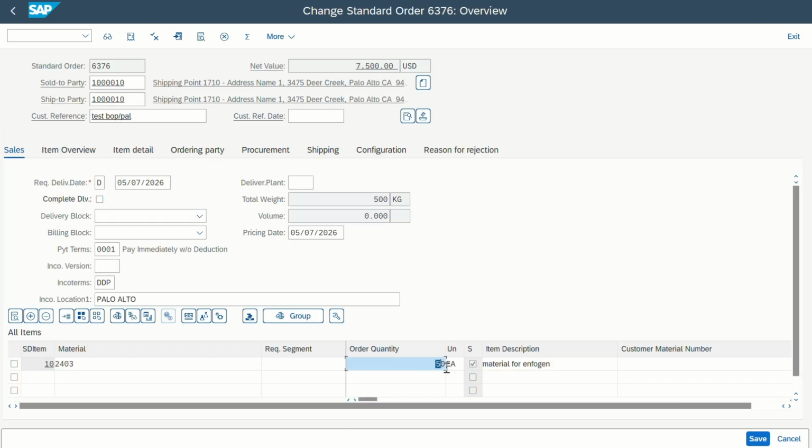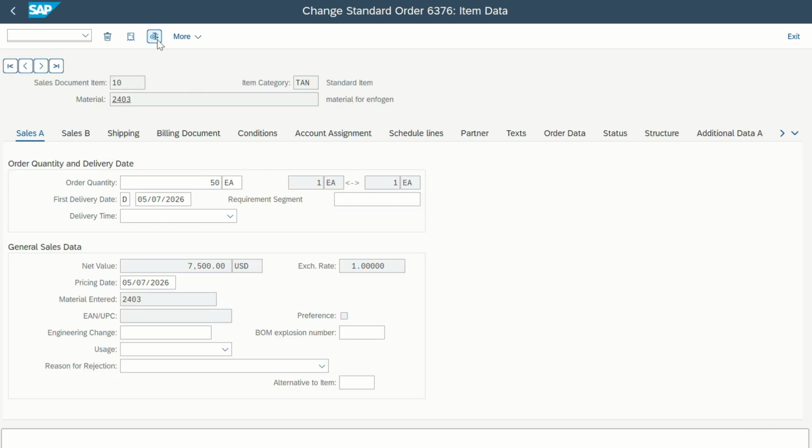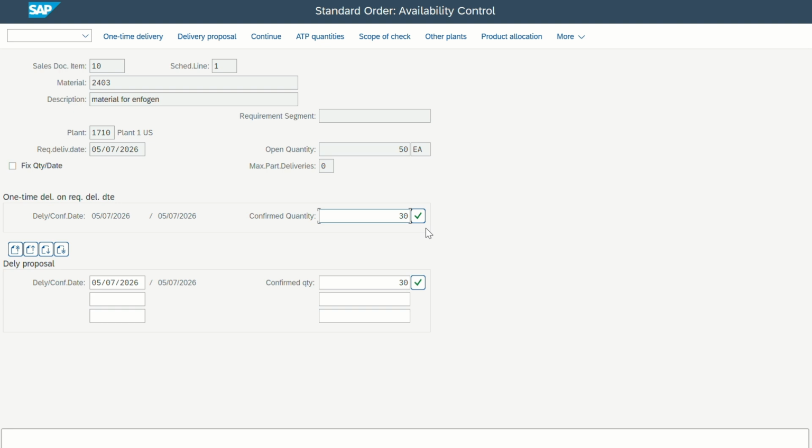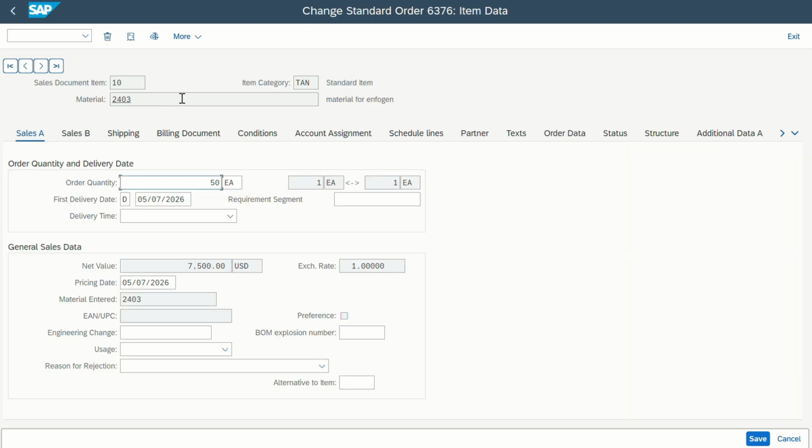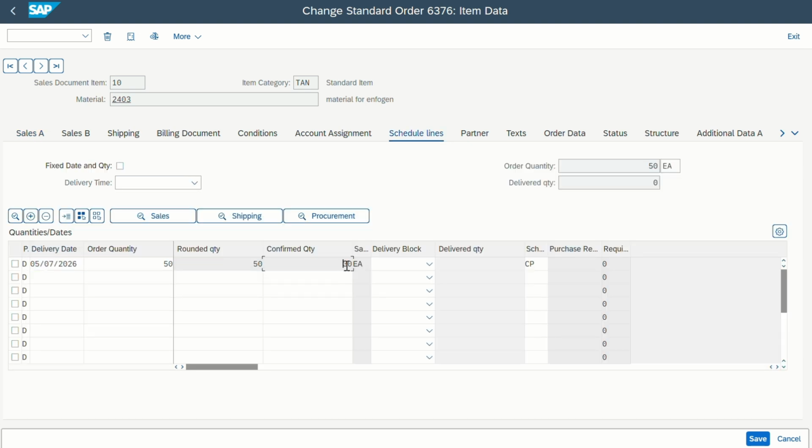So you'll see here also for the high priority customer, this is the high priority customer, we have initiated this order with 50 quantities. So if we go inside availability check, then you can see it is confirming around 30 quantities, right? 30 quantities. So you can confirm this for this month. The schedule line will show you a confirmation of 30 quantities. Okay,